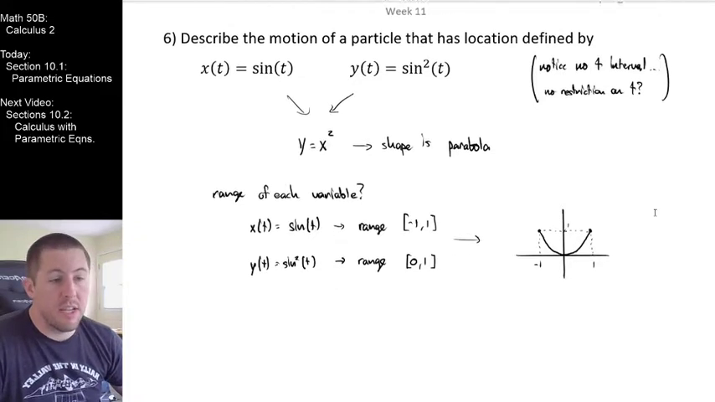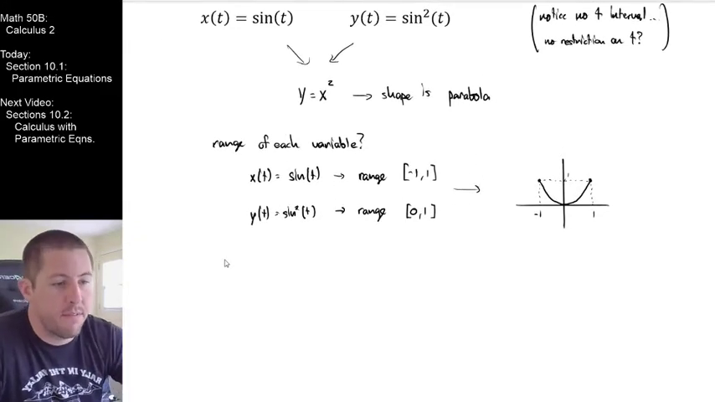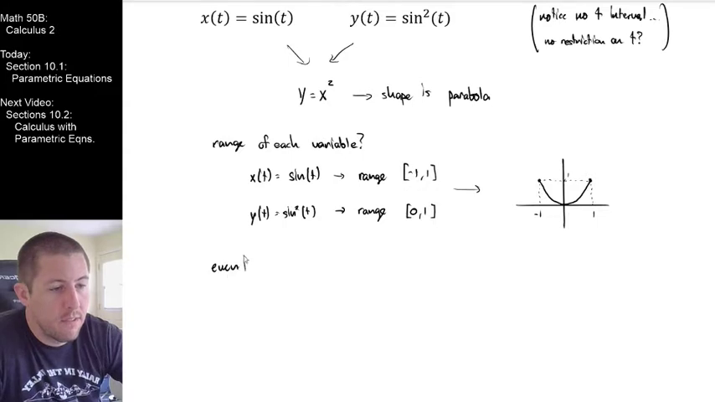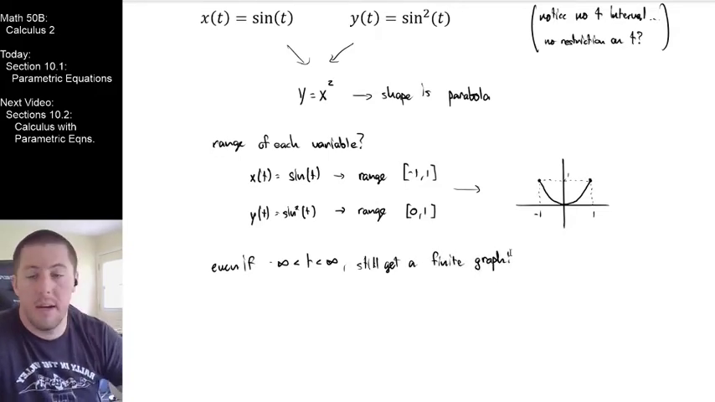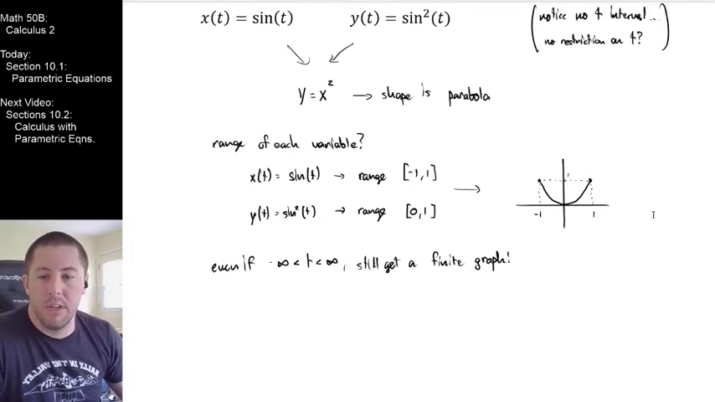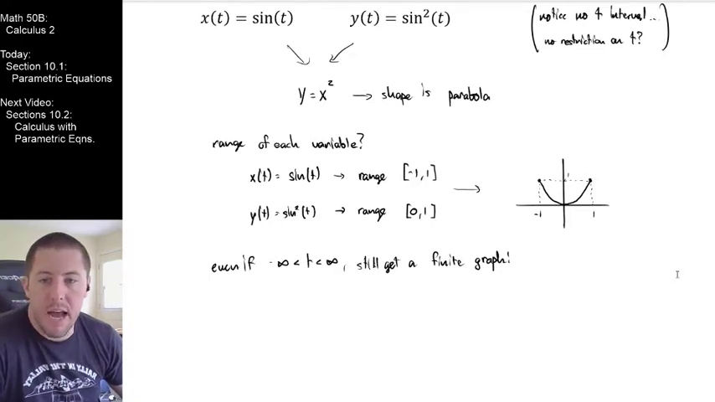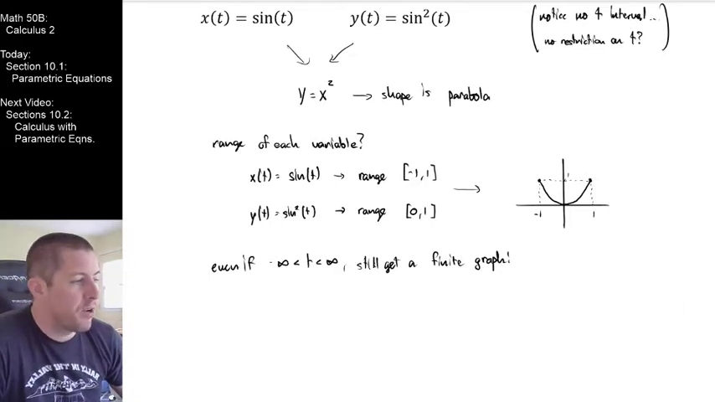So the interesting thing here is that even if t is in the interval from -infinity to +infinity, we still get a finite graph. These are things that are not really weird once you get used to dealing with parametric curves, but might feel a little odd at first: that we can travel for infinite time on a finite graph. So my question is,